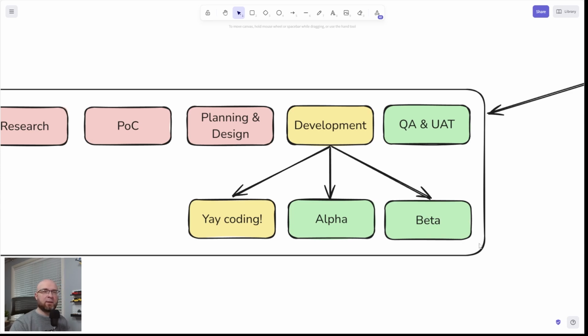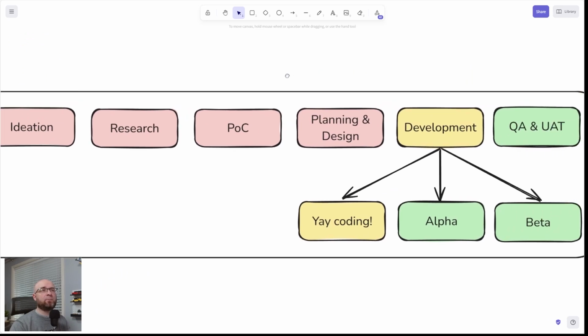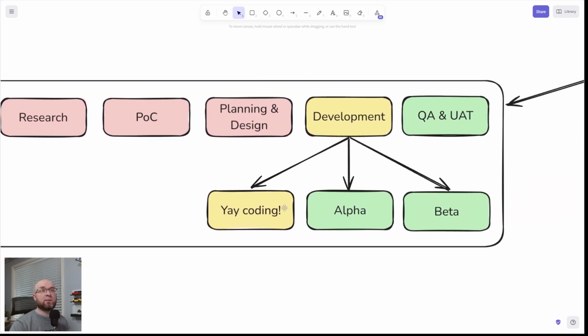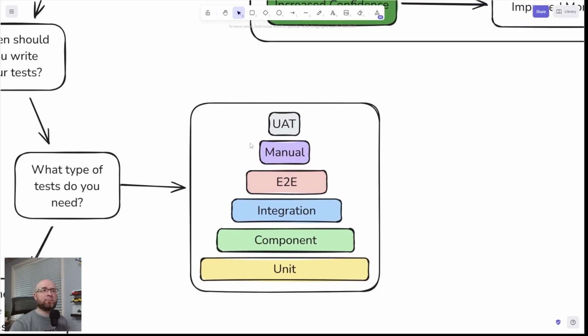So this is kind of the later layer of tests, which we'll talk about briefly in a moment. Lastly, when you're in the QA and UAT, which is user acceptance testing, definitely tests are being written. You're probably near finished with testing at this point, or at least writing automated tests. So definitely testing going on here. So I color coded these. Red, don't do tests. Yellow, start doing tests. Green, definitely be testing.